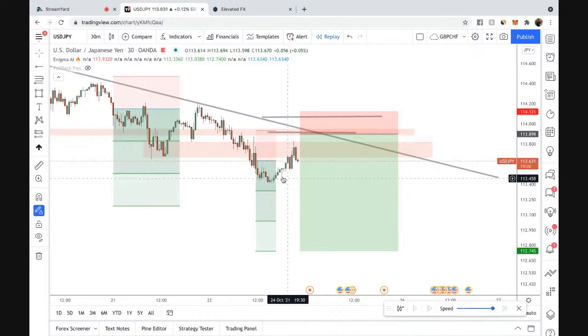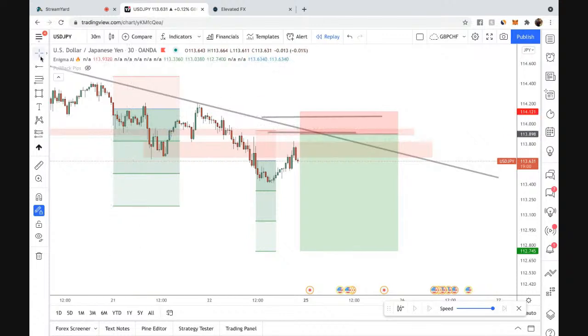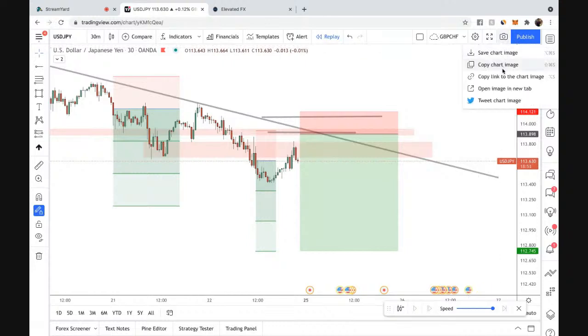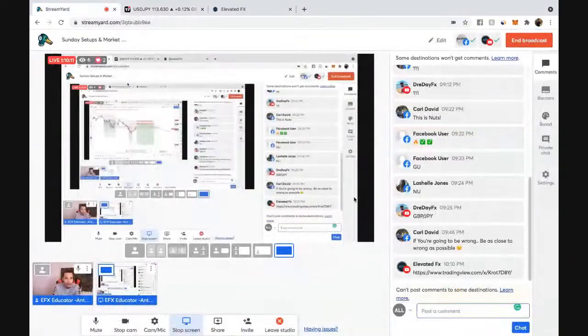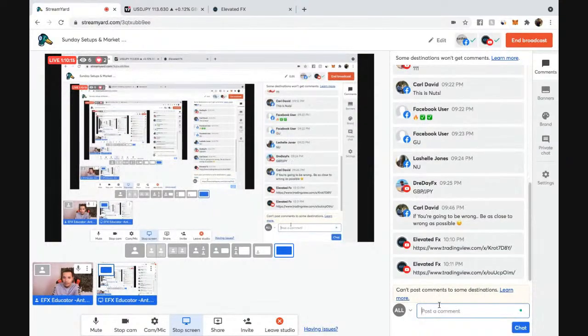Regardless, I will identify that if the market does start going bearish aggressively, I'm still bearish, right? Don't disqualify that just because you didn't get your setup. You know what I'm saying? Let me give it out. Copy that link. Use some good R to R. Use some good risk management, and we are golden.